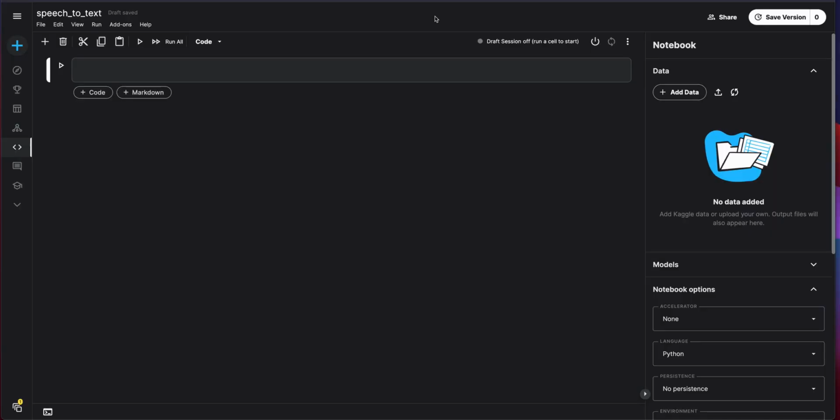Welcome back, and today we are going to look at a speech recognition model. First things first, we are going to import the dependencies. As usual, we'll do TorchAudio,